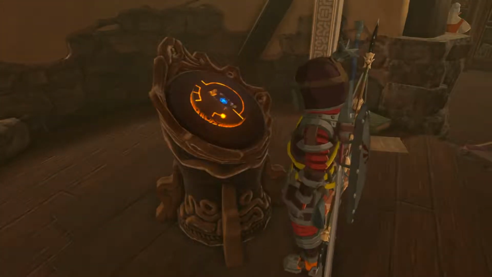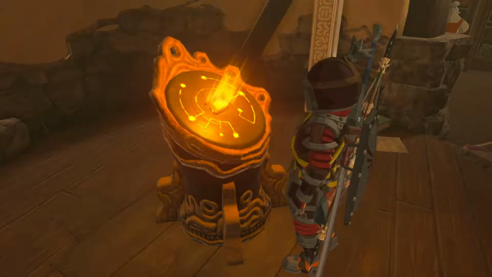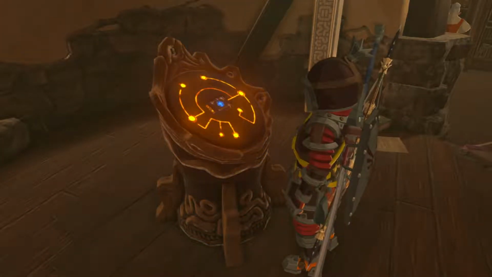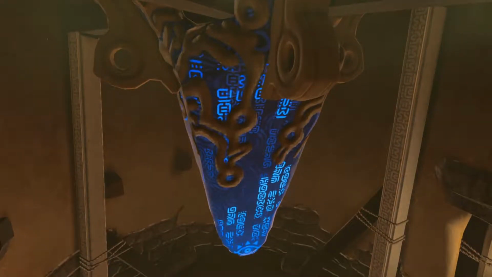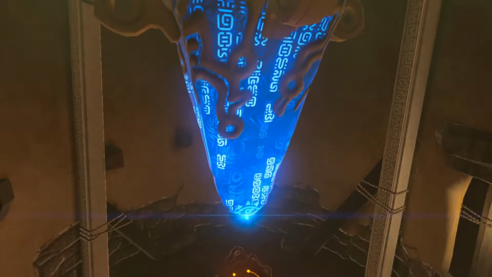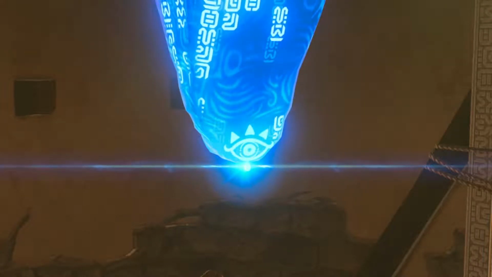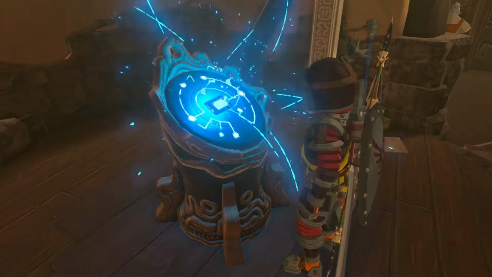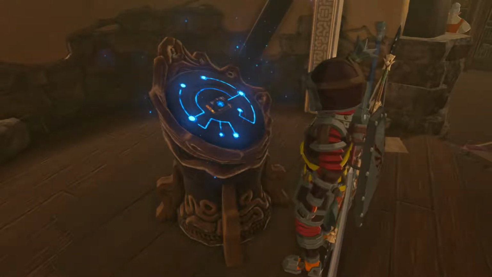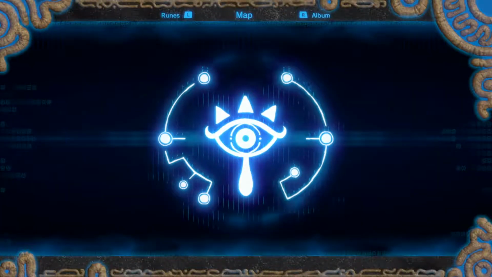Alright, we're about to upgrade our runes. So now they'll have some extra abilities that'll be quite useful. Alright, so enhancing Sheikah sensor. This one in particular is kind of interesting. This is what I was trying to use in the other episode, but unfortunately, I didn't have the ability to use it because I forgot to upgrade my Sheikah slate, so...